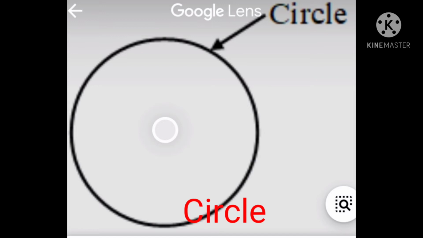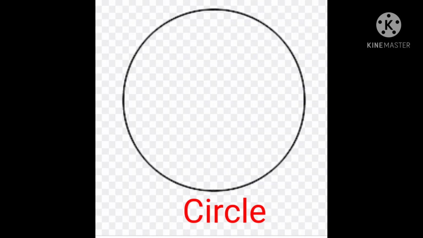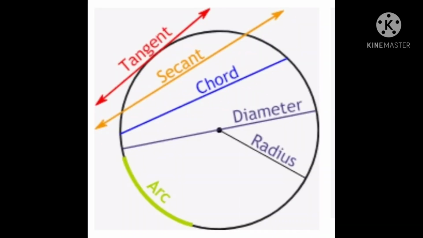Okay, so let's discuss some of the basic concepts, basic properties related to the circle. A segment drawn from the center to the circumference of a circle is called its radius. The segment which intersects the circle at 2 points and passes through the center is called the diameter, and half of the diameter is its radius. You are familiar with the radius and diameter.